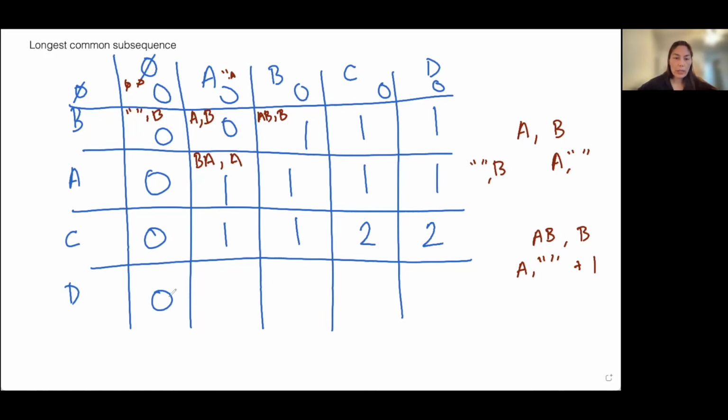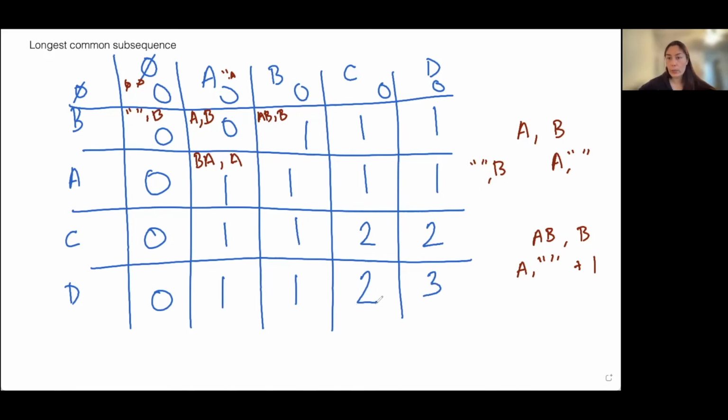D and A do not match, so we do left and up, we compare them, and we take the larger value. D and B do not match. We look left, we look up, we take the larger. D and C do not match. Left and up, we take the larger value. D and D do match, so we look at the top left, that's a 2, we add 1 to it,